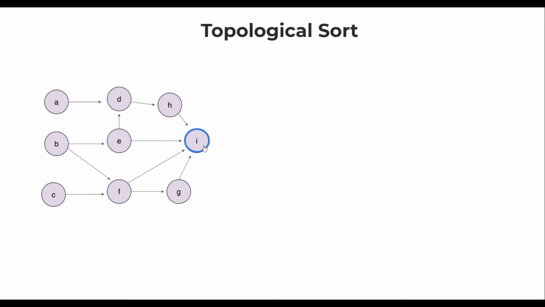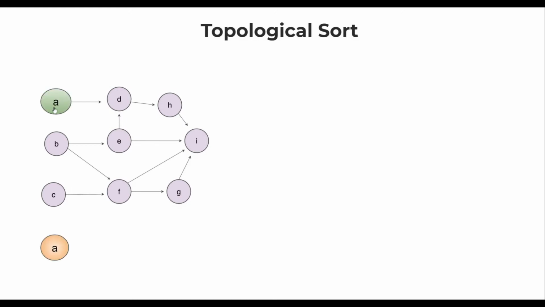But for that, first H has to be built. Of course, there are other dependencies as well. But for H to be built, D has to be built, and for D to be built, E has to be built. We now need an order in which these programs can be built without running into any dependency issues. Let's now try to find out such an order.